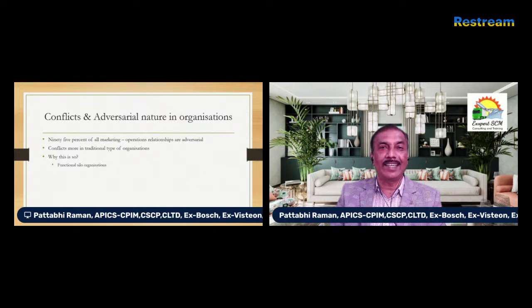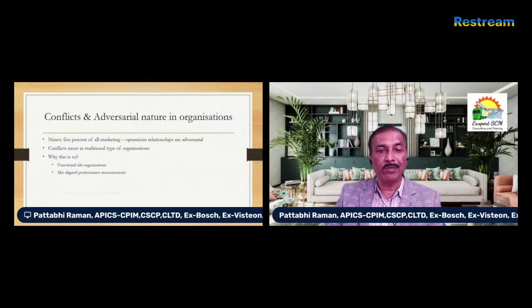because of functional hierarchy. Okay, we have divided the organization into multiple departments. You can see in some traditional organizations, purchasing is different, demand planning is separate, inventory management is separate, supply planning is separate, logistics is separate. So these are called silo organizations. Each one has its own objectives, KPIs and misaligned performance measurement. When I talk about KPI, each function will have its own KPI, and there will be a fight.